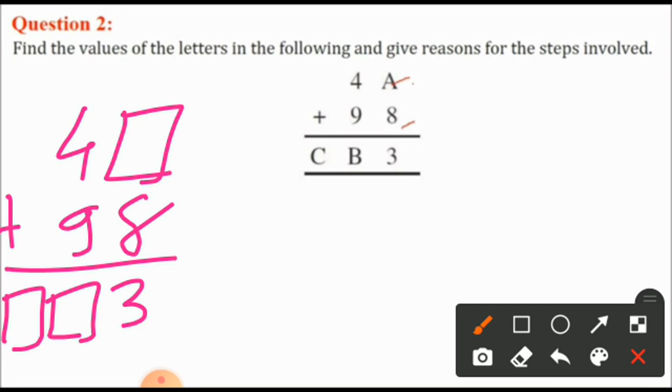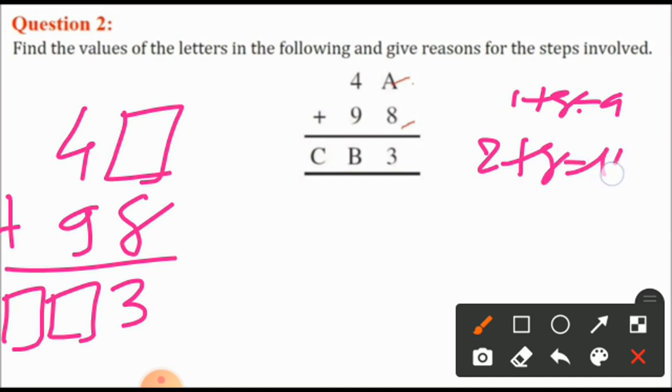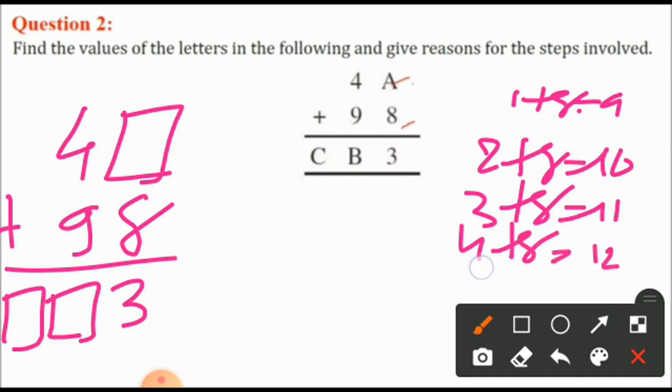Now check out which number I can add. Suppose I will take 1. So 1 plus 8, 9. 2 plus 8, 10. 3 plus 8, 11. 4 plus 8, 12. And 5 plus 8, 13. Is it better? So if I will put here 5. Okay, I will change the color. Very good. That's a good suggestion. If I will put here 5, now 5 plus 8 will give me a 13.